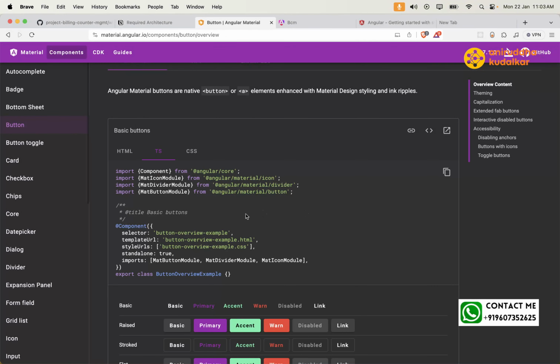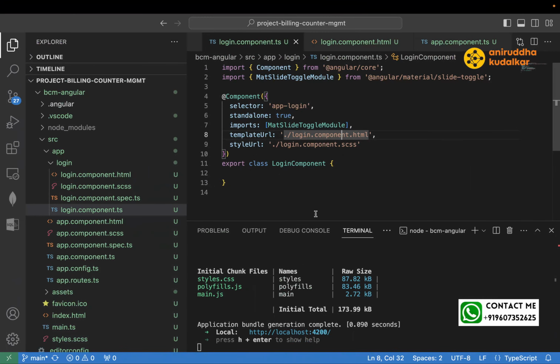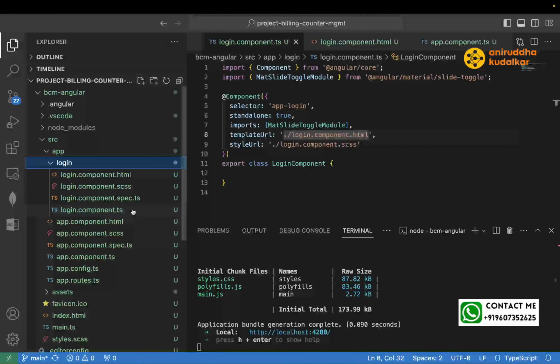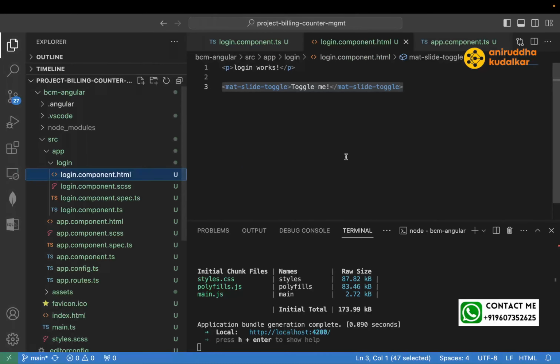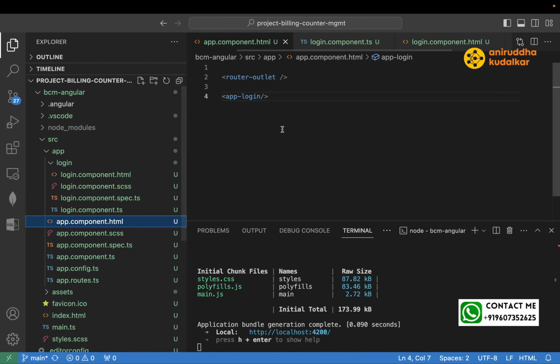Got it, right? And that is working on your machine. Okay, good. So we have a login. Under the login, we have this separate thing. Now, in the beginning, if you remember,